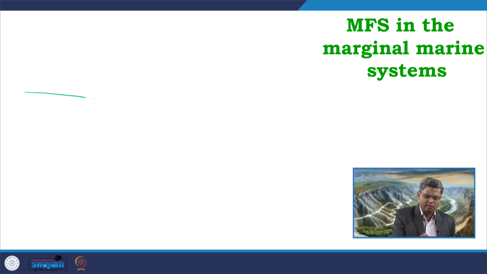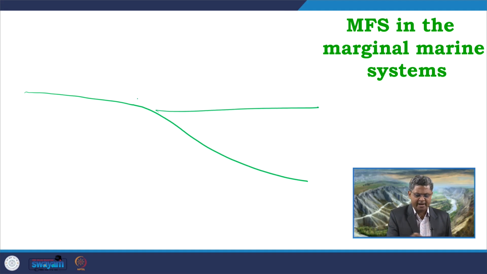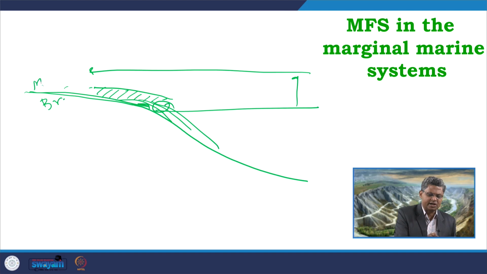So, again we can try to understand this with a very simple diagram. In the marginal marine part, where a fluvial system is coming into a coastal area, the sea level was somewhere here, and at that time the river system was supplying the sediments and they were accumulating over here in the form of a delta. Now, the transgression has started. Due to that transgression, the delta system is changed into an estuary, and the river system, which was earlier a braided system, is now changing into a meandering river system. So, we can get a contact over here between the estuary and the meandering river system.